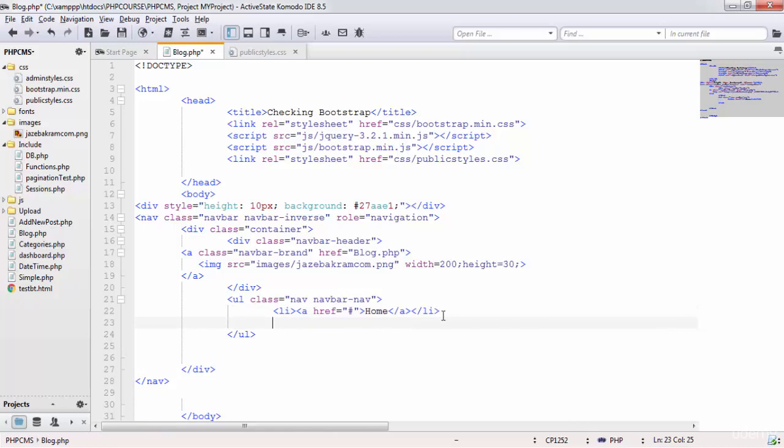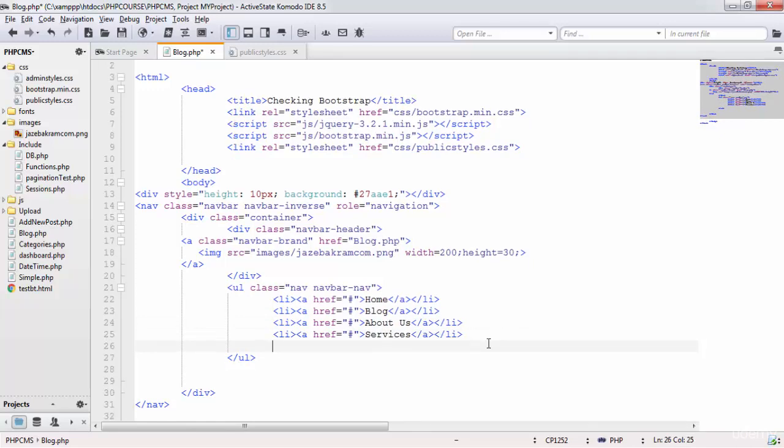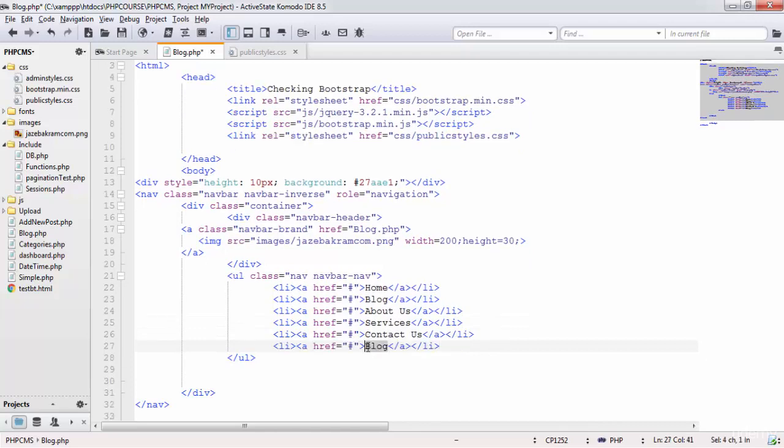Now for the second item I'm gonna add here blog. For the next item I'm gonna add about us. For the next item I'm gonna add services. For the next item I'm gonna add contact us, then feature at last. Now saving this one, if I refresh this page now,